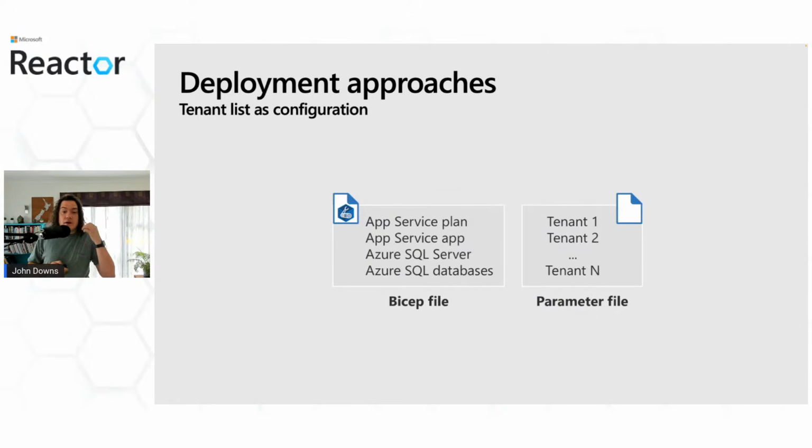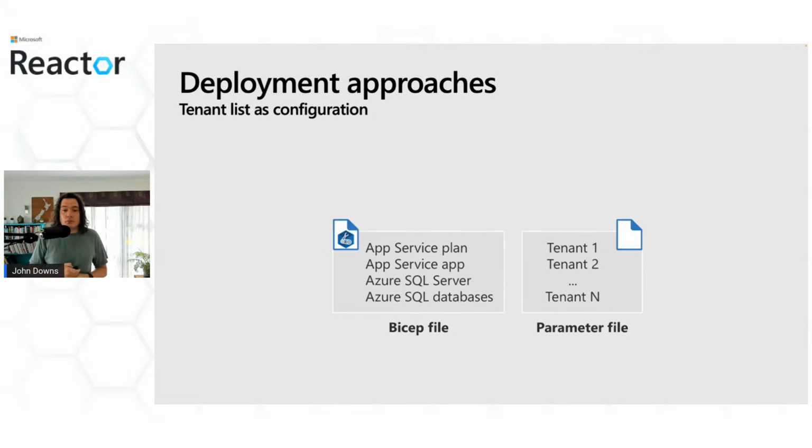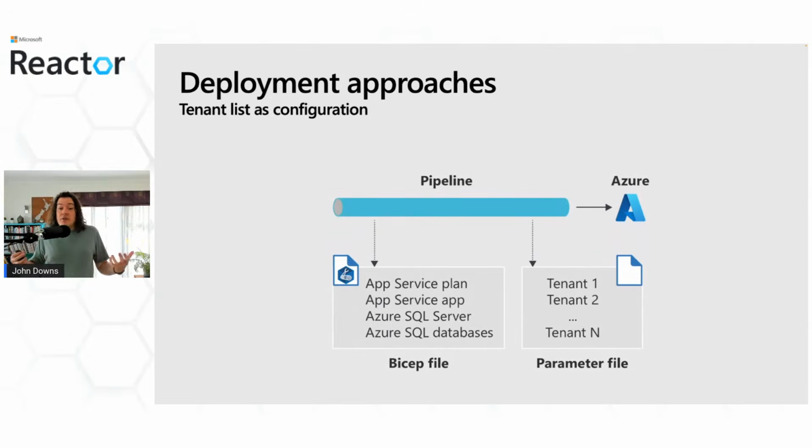If we deploy our infrastructure as code using a tool like Bicep, then this could be just a parameter file that we use to drive our deployment. And then when the deployment runs, or the pipeline runs, it can provision the databases for each tenant defined in that file. So this approach works really well when you have a small number of tenants and when your team is directly involved in onboarding every new tenant. But it might take some time before a new tenant's database is deployed. So if this customer signs up, they need to wait for the next time this pipeline runs before they'll be able to use the system.